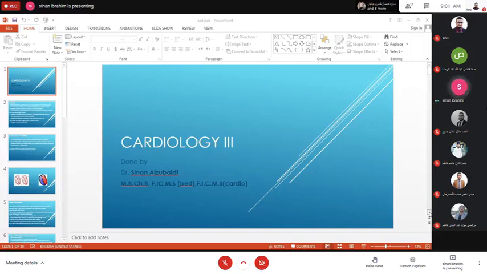These two congenital heart diseases are included in the acyanotic congenital heart disease, as we said earlier. This is the most common congenital heart disease than the cyanotic congenital heart disease. So